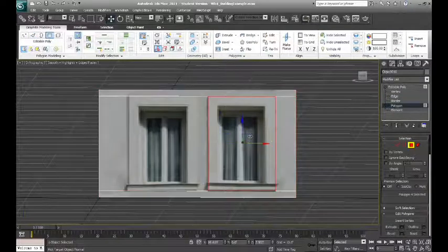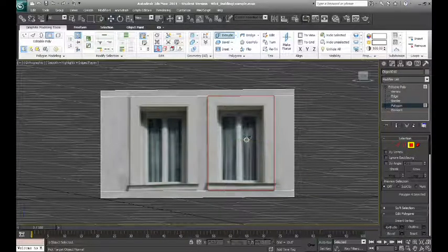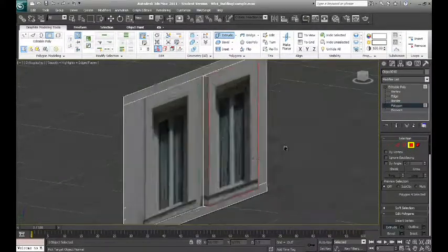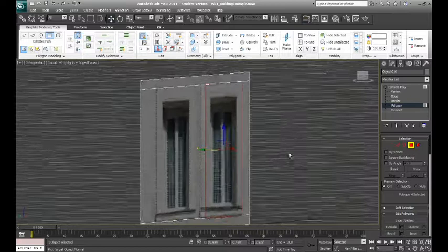I'm going to just select that internal polygon, and I'm going to go up here to extrude in the graphite modeling tools under polygons, and I use extrude quite often. I'm going to extrude that out just a little bit, enough to give me a cast shadow, but not enough to make it look